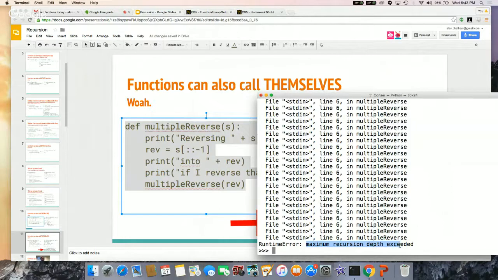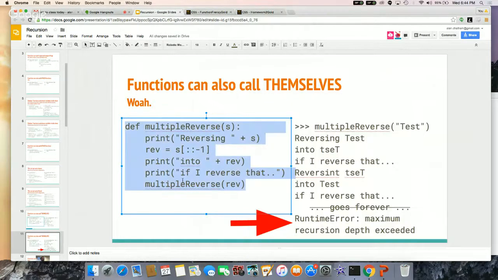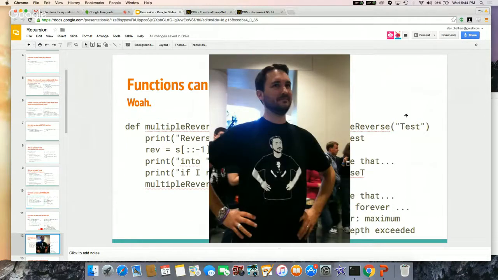Like this was just going on forever, and I'm like, I'm done with this. Is that making sense, how this function's calling itself? So it's taking the result that it has and running it on itself. So it's a lot like if you have two mirrors facing each other, or